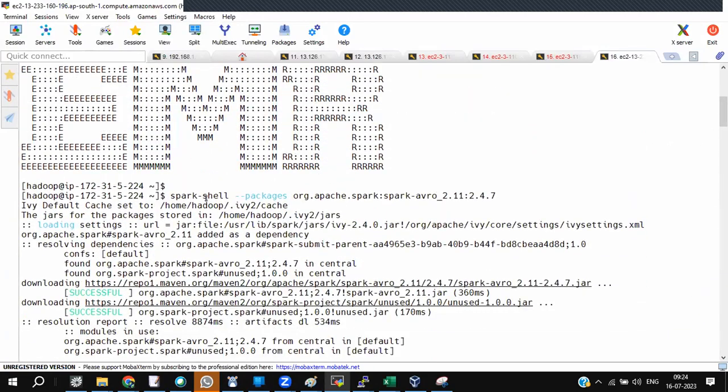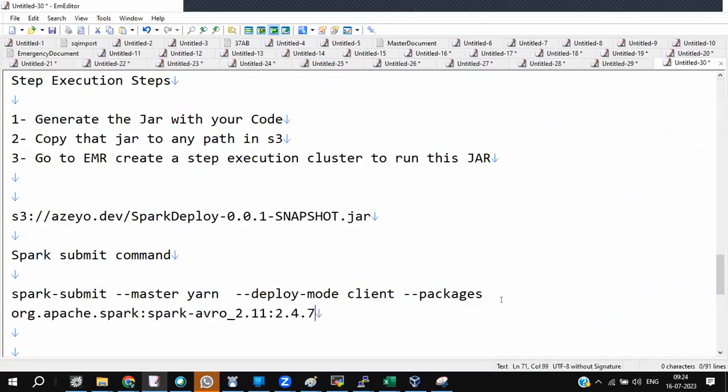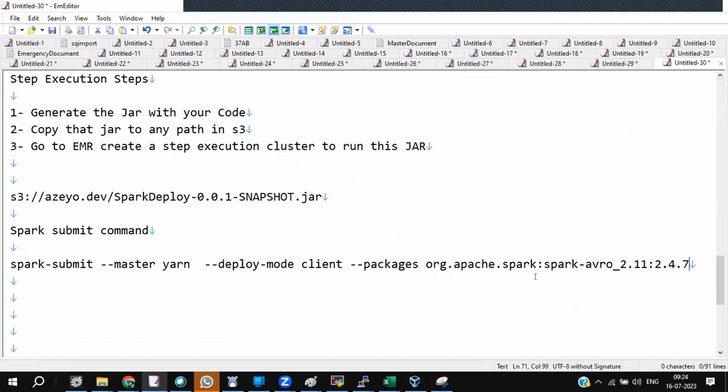We need that Avro jar in place. Then --num-executors, --executor-cores, --executor-memory. We give all these parameters. Yes or no, all of you?